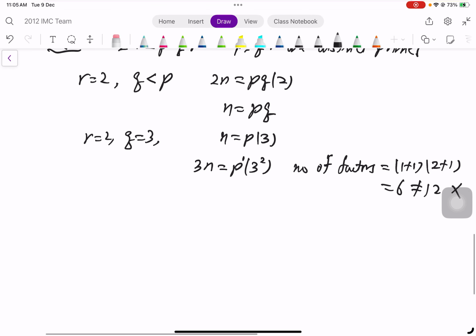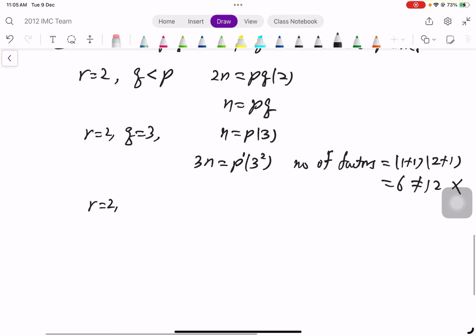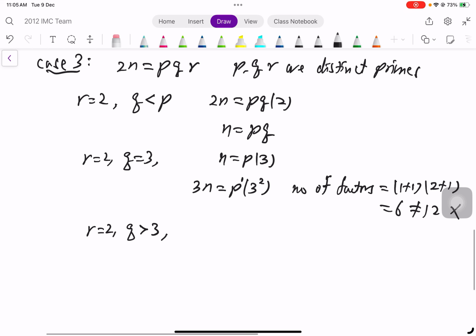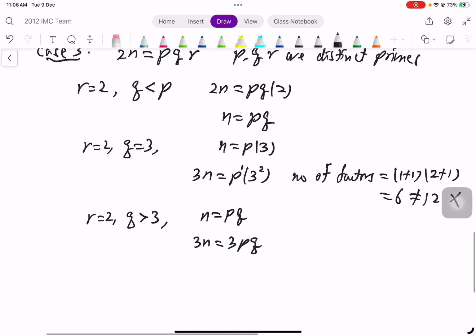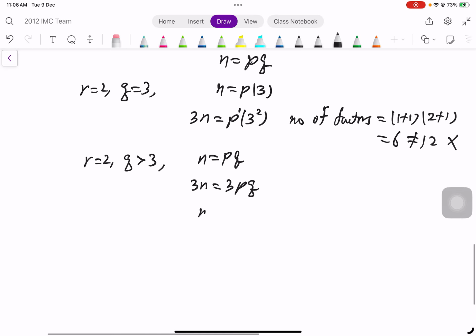Therefore, what does it mean? That means now your R is equal to 2. And then your Q has to be greater than 3. Right? That means your n is actually equal to PQ. Right? And then your 3n is actually 3PQ. And the number of factors,